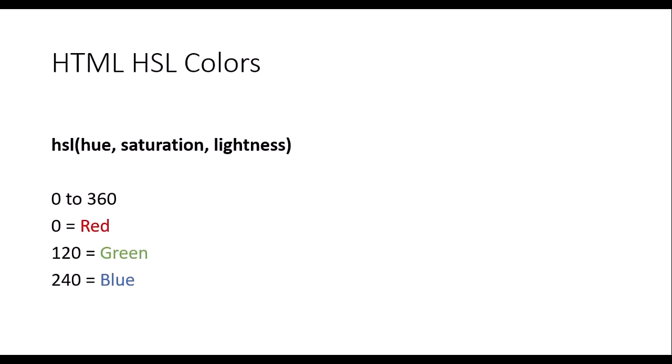The saturation can be described as the intensity of a color. 100% is pure color, no shades of gray. 50% is 50% gray, but you can still see the color. 0% is completely gray. You can no longer see the color. The lightness of a color can be described as how much light you want to give the color, whereas 0% means no light, which is black, but 50% means 50% light, neither dark nor light, and 100% means full light,